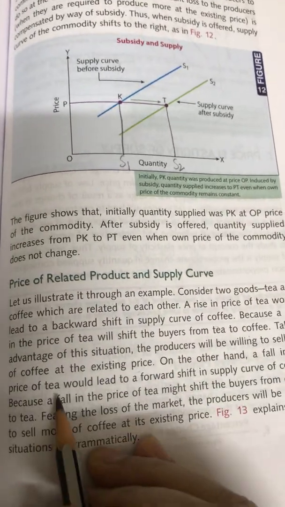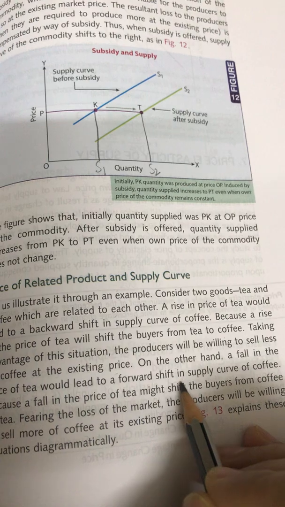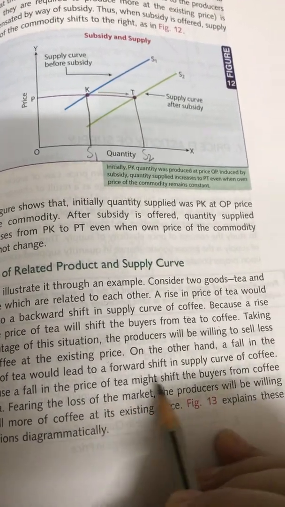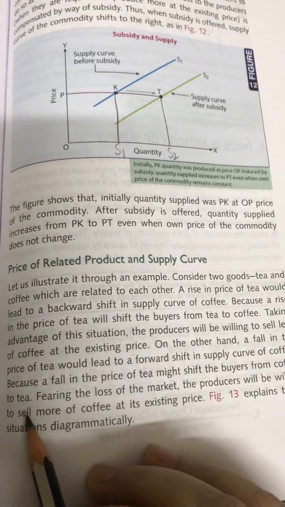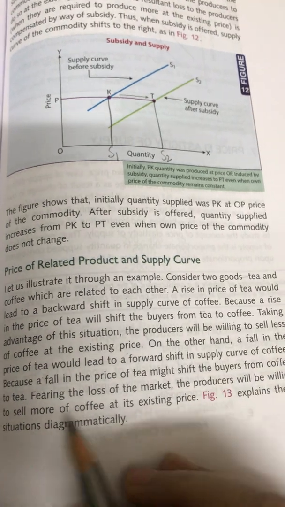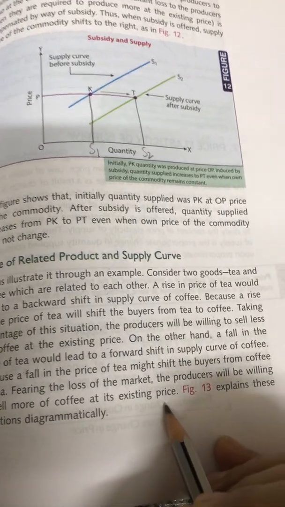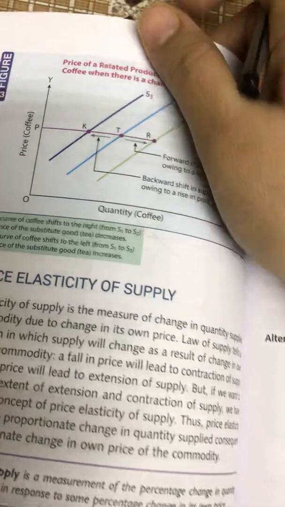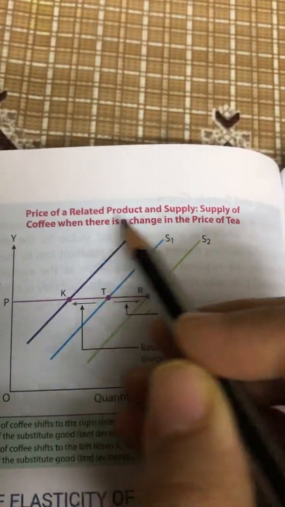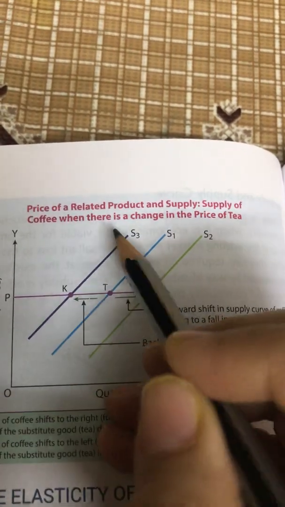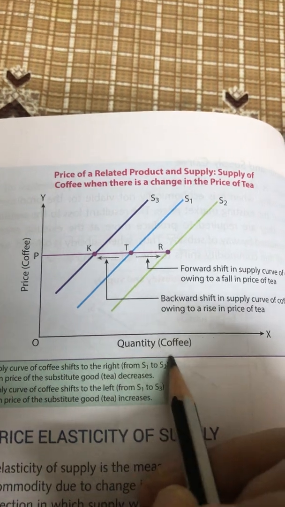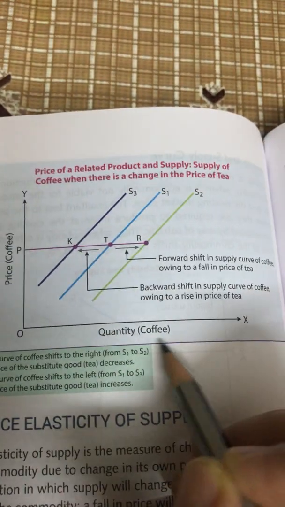If there is a fall in the price of tea, then it would lead to a forward shift in the supply curve of coffee, because a fall in the price of tea might shift the buyers from coffee to tea. So fearing the loss of the market, the producers will be willing to sell more of coffee at its existing price. Okay, something which you already discussed in class, children. Now, price of related product and supply of coffee when there is a change in the price of tea. So as you can see, we are going to discuss the price of coffee and quantity of